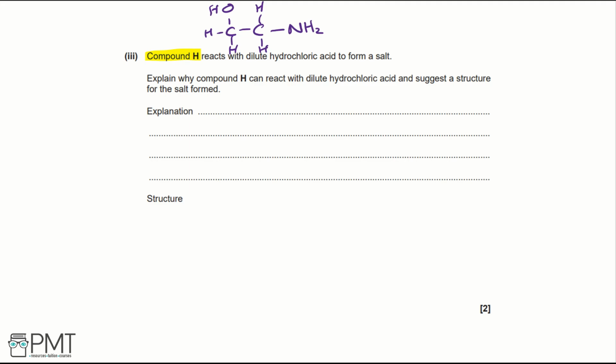Part 3. Compound H reacts with dilute hydrochloric acid to form a salt. Explain why compound H can react with dilute hydrochloric acid and suggest a structure for the salt formed. Well, compound H, which I've drawn so we don't need to refer back, has a nitrogen. And nitrogen would have a lone pair. So the nitrogen lone pair will accept